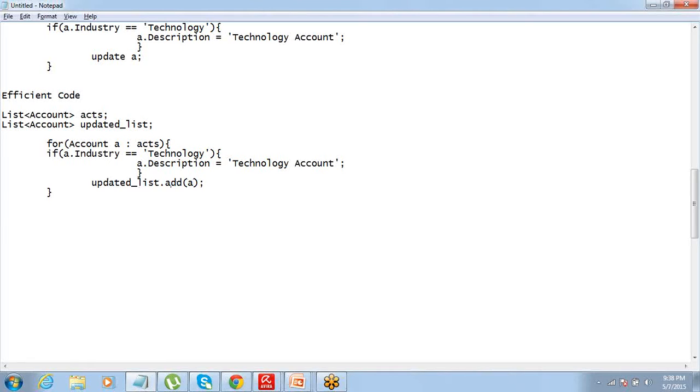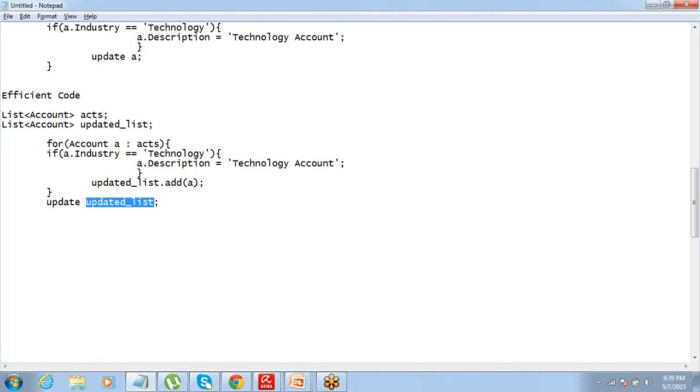So what happens? No DML statement, only a gets added to this list. So I form the list, come out of the for loop, and then I say update updatedList. Right? So this is what happens. How many DML statements am I consuming?